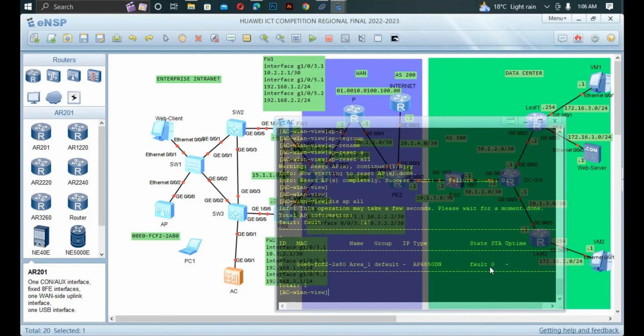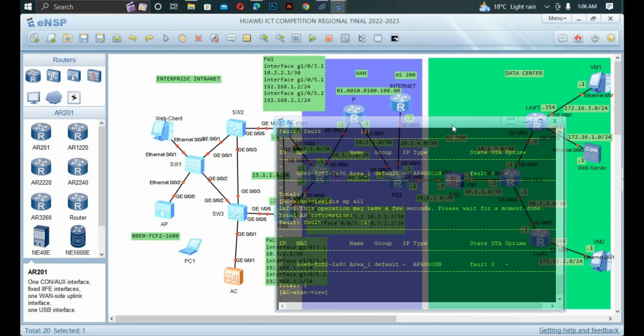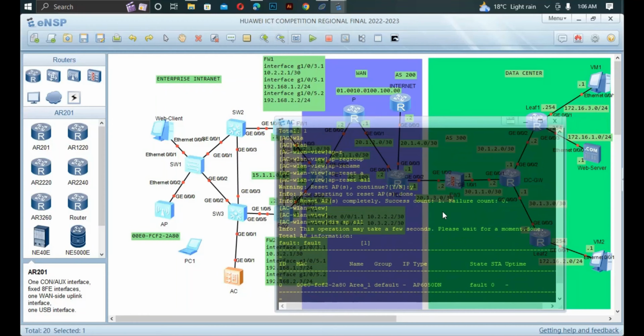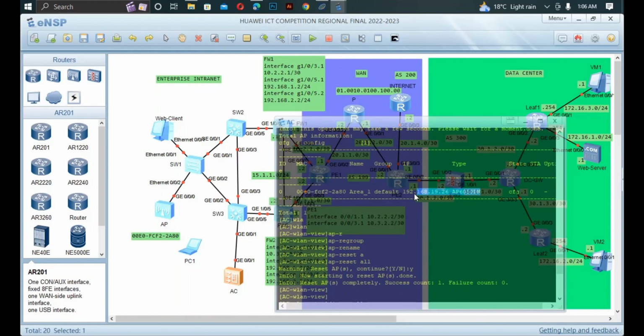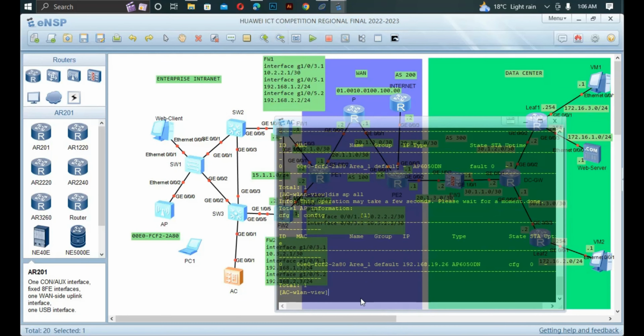Fault. When you see fault here, it means our device is working, and it will be normal soon. As we now see, it already obtained an IP address of 192.168.26. Now we are going to proceed with the WLAN service parameter configuration, like we said, configuring the security and